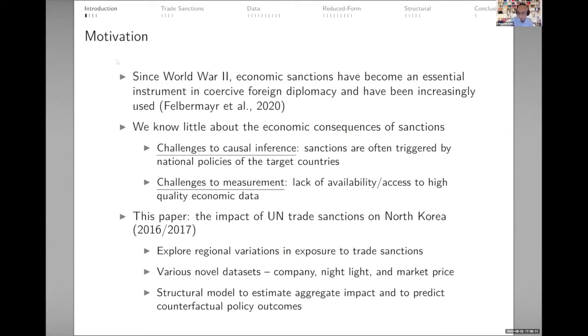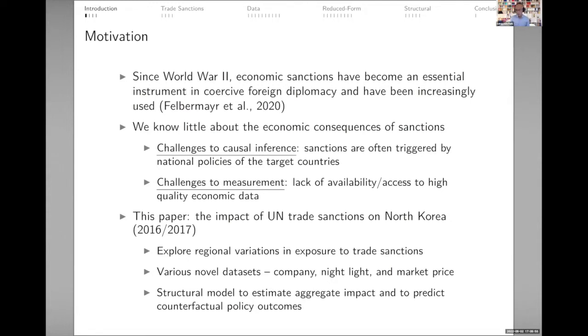Since World War II, I think we all know that rather than direct military interventions, countries have been implementing economic sanctions, and it has been an important tool in foreign diplomacy up until recently, when Russia started this war with Ukraine. In the past several years, we've been seeing a series of economic sanctions being imposed against North Korea, and also more recently, US and EU imposing economic sanctions against Russia. However, there has been an ongoing debate about how effective these economic sanctions are.